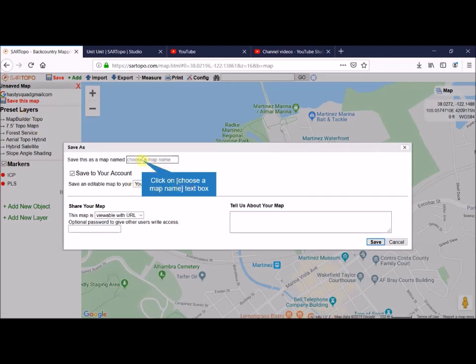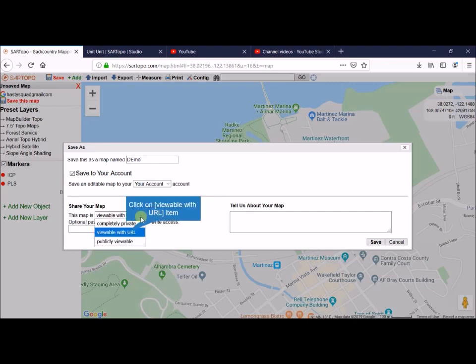Saving the map, we give it a name. And I'm going to call this Demo. I'm going to save it to our account. It's viewable with the URL. I can make it private or publicly viewable. I do not know what publicly viewable means. I have no idea how anybody would find the map, but we always use the viewable with URL,